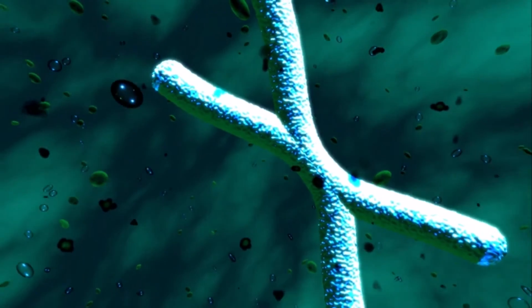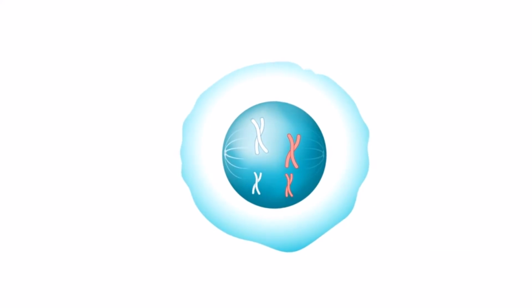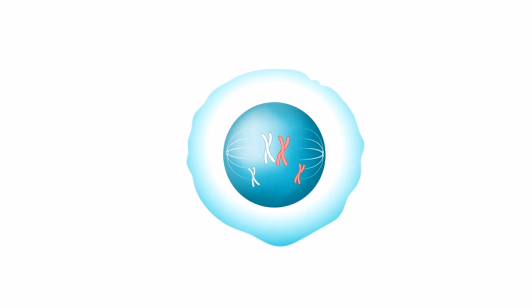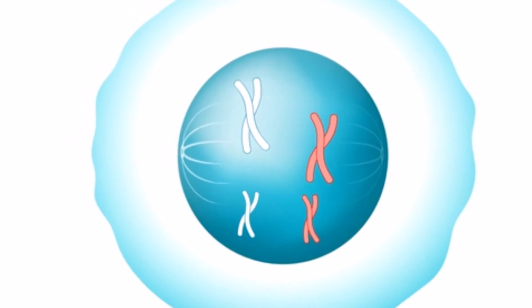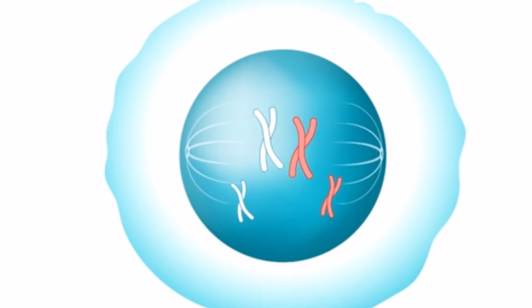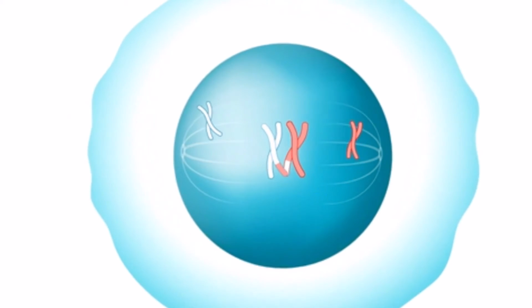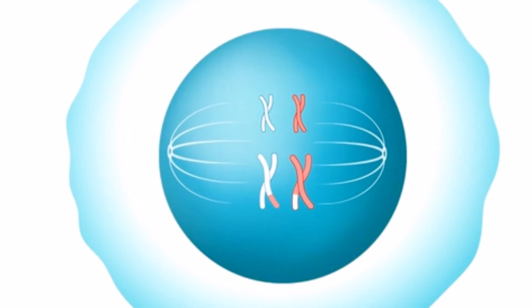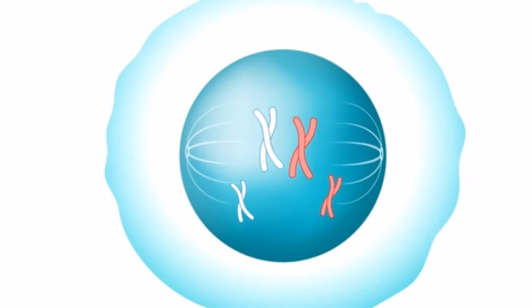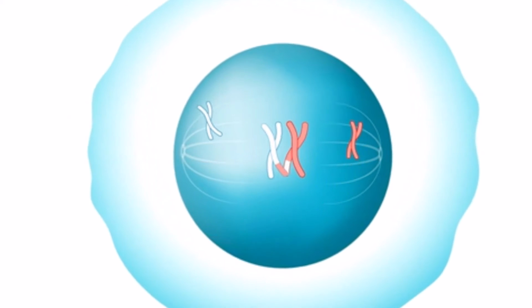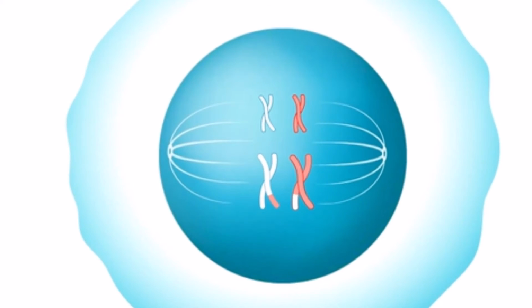In addition to independent assortment, the process of crossing over also contributes to genetic diversity in the gametes. Crossing over is the exchange of corresponding segments between non-sister chromatids of homologous chromosomes. Crossing over occurs during prophase I of meiosis. At the time the crossing over begins, homologous chromosomes are closely paired all along their lengths with a precise gene-by-gene alignment. These chromosomes are called recombinant after crossing over occurs because they result from genetic recombination.